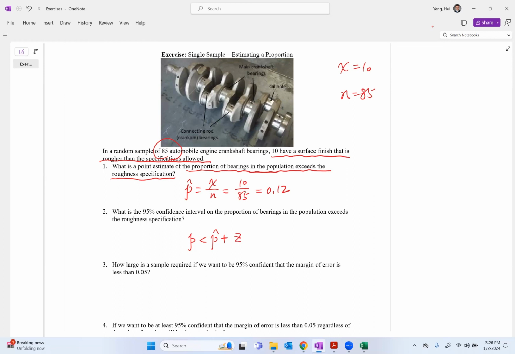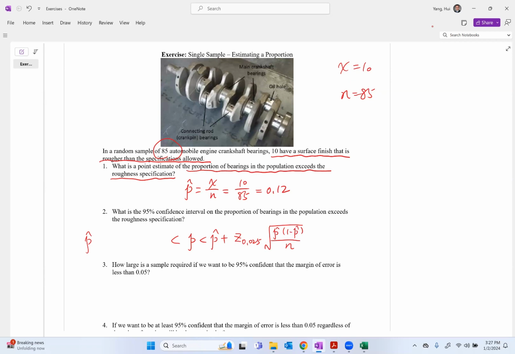This is 95%, so alpha over 2 will be 0.025. And the standard deviation will be P hat times 1 minus P hat over n,